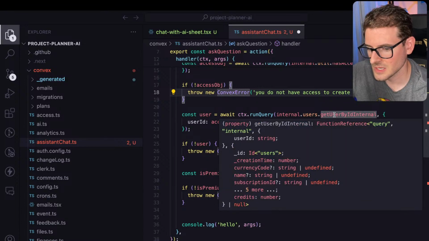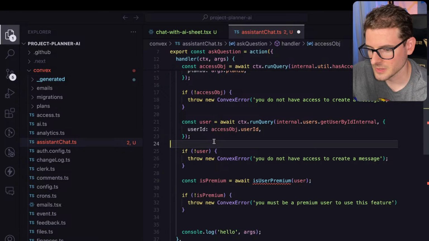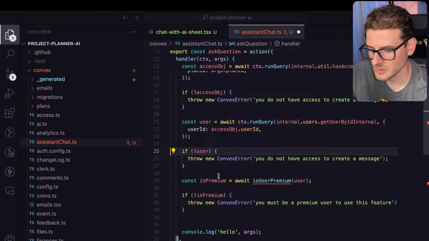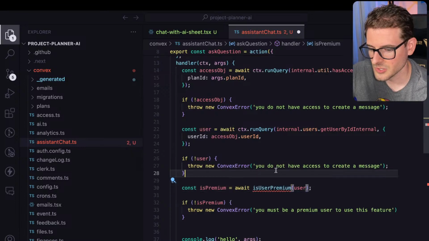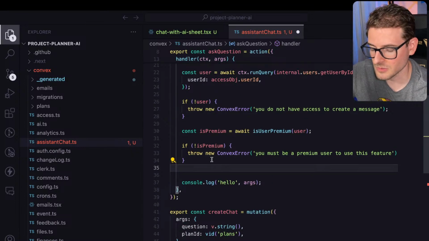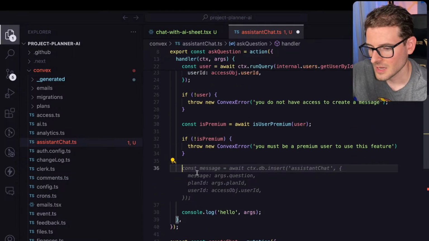Then I check to see, why do I get the user? I should already have the user. Hold on a second. I have the user ID. Why do I have the user? Oh, I need to know if the user is premium or not. So then I pass it there. If you're not actually subscribed, you shouldn't be able to run any OpenAI type of features. And if everything is good,